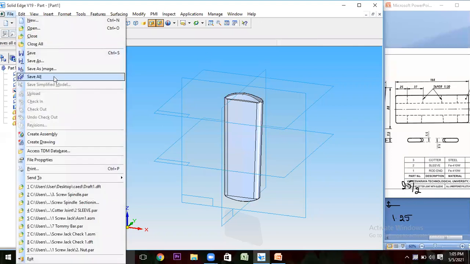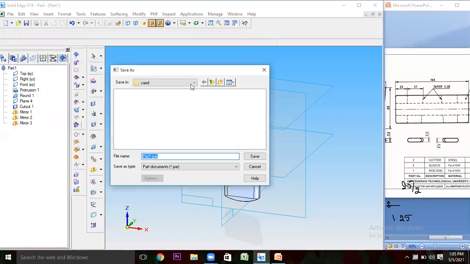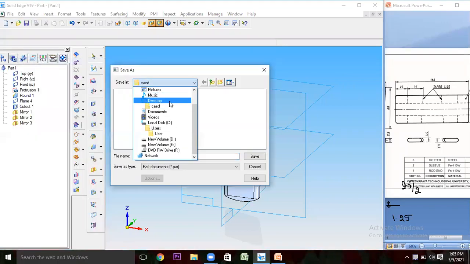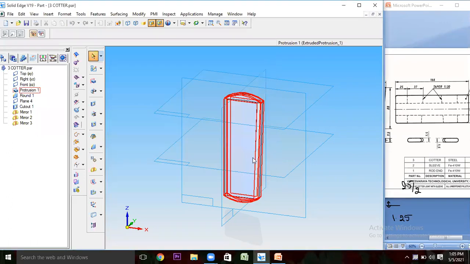Now I'll be saving this in Cotter joint, telling it as part 3 Cotter. Okay, save it as